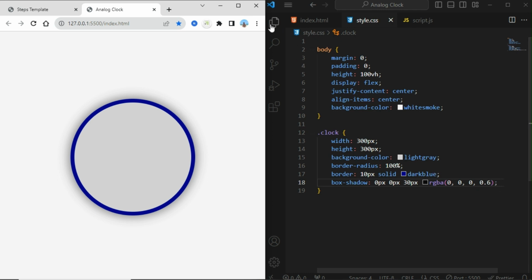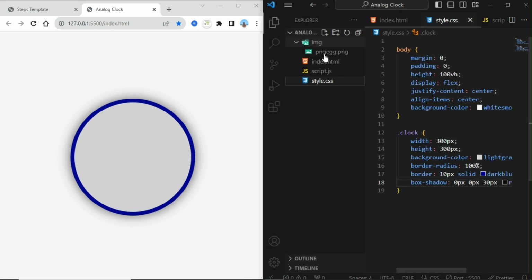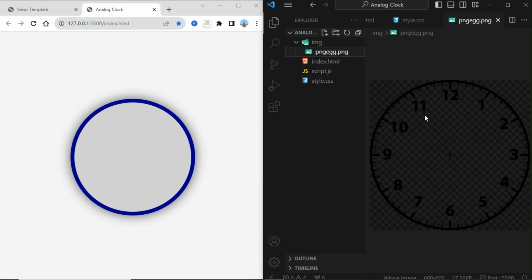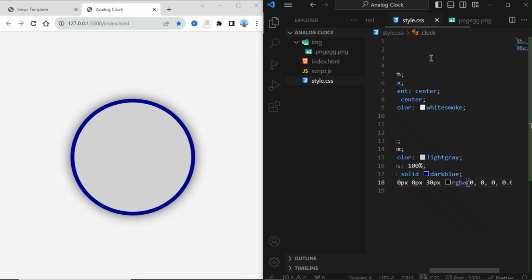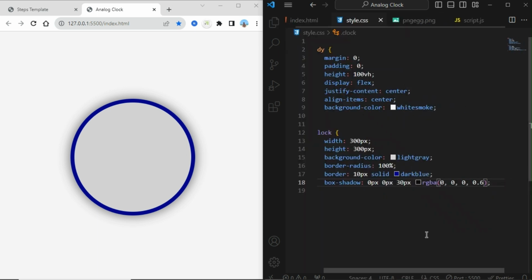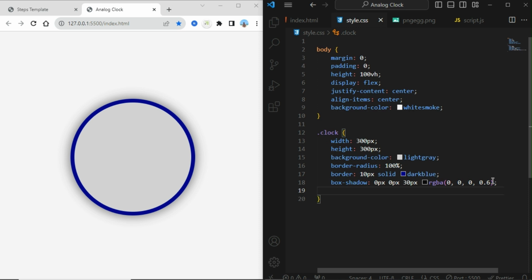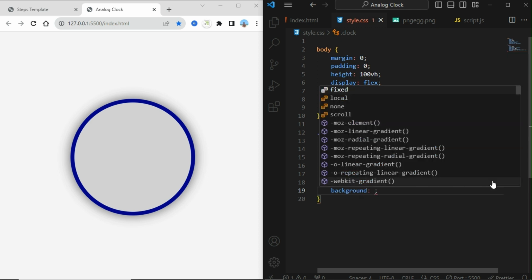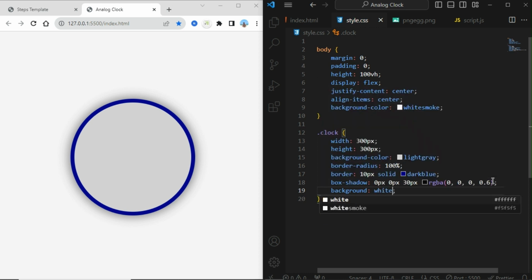Now in our files we had an image, this one. We need to add this image in our CSS. Let's just go ahead and say background. We need our background to be an image. So we need to include its URL. We need the background to be white in color. So the URL we say